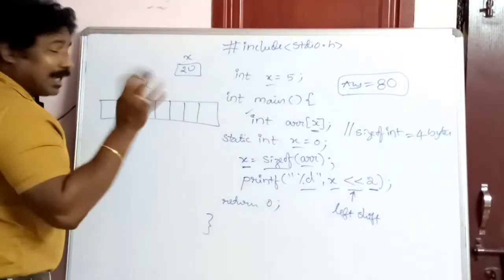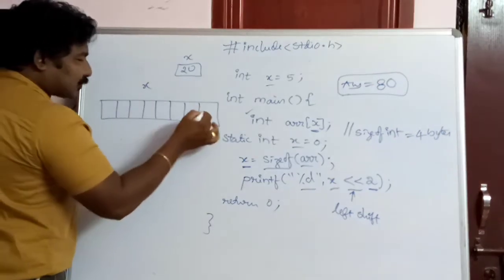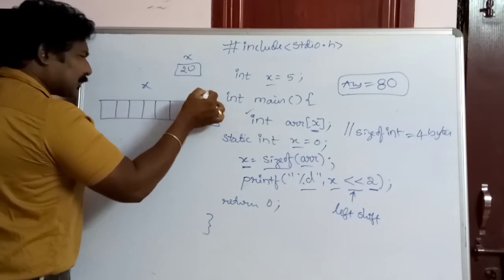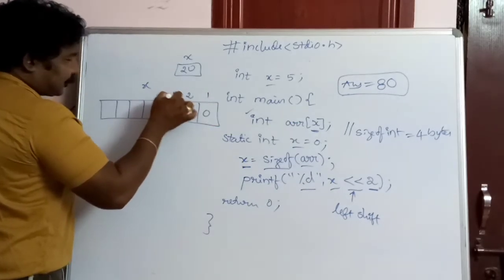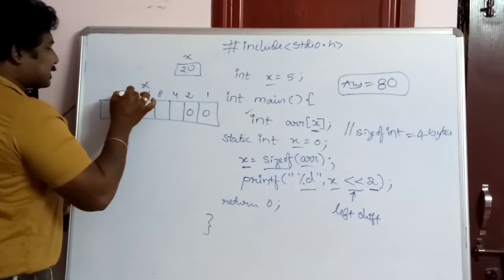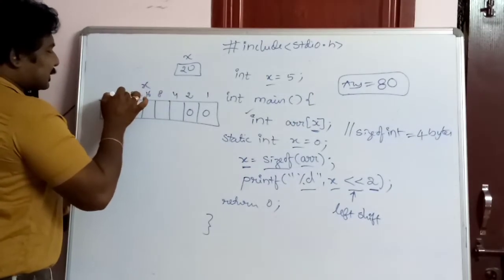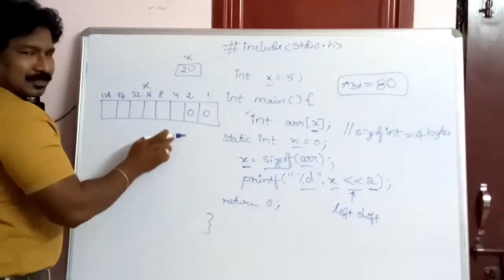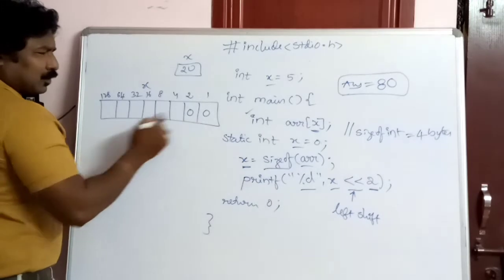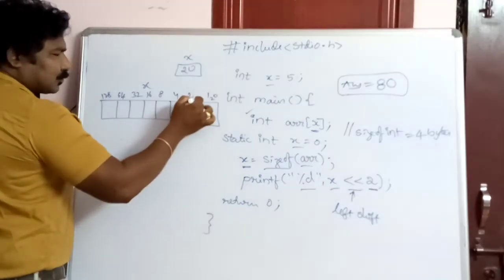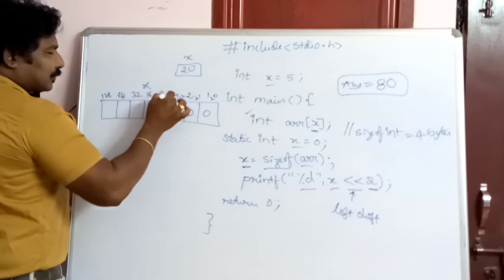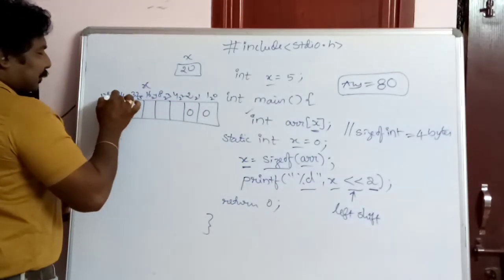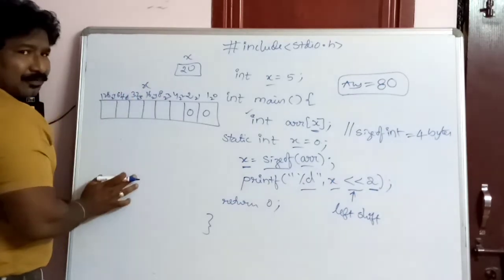How do you store the value 20 in binary? The bit positions have the values 1, 2, 4, 8, 16, 32, 64, and 128. Friends, this is because they are 2 power 0, 2 power 1, 2 squared, 2 cubed, 2 to the power of 4, 2 to the power of 5, 2 to the power of 6, and 2 to the power of 7. That's why I have written those values.